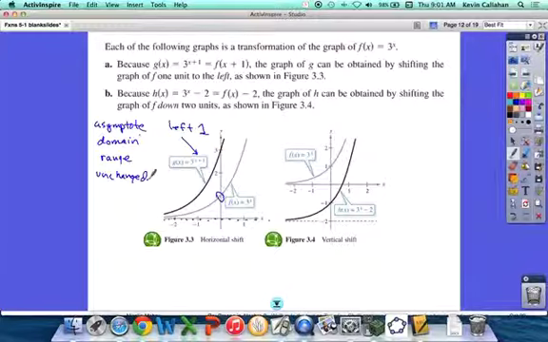Okay, that's good. Now let's look and see what happens if we have a vertical shift. So here's the same 3 to the x, and now we've got 3 to the x minus 2. So the minus 2 is after the function, which is a vertical shift down 2. So every point on this line is 2 down from the gray line, which is 3 to the x. 2 down, 2 down, 2 down. So if I take this function, 3 to the x, and I move the whole graph down 2,